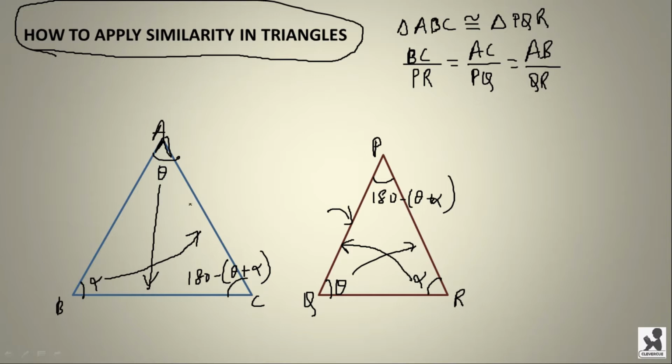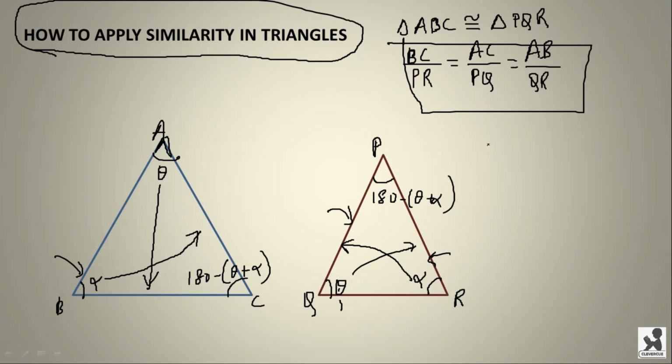So what have we done? We have divided the corresponding sides of same angles, that is theta to theta in this triangle, alpha in this triangle to alpha in this triangle, again the other angle, and we have taken the corresponding sides, divided and equated them. I hope you guys understood.